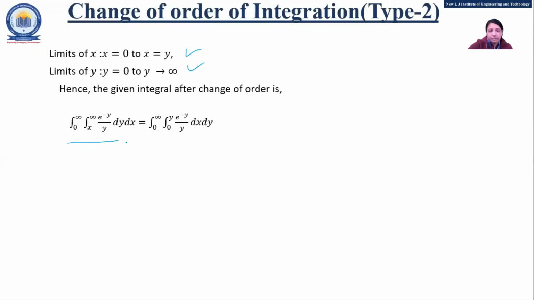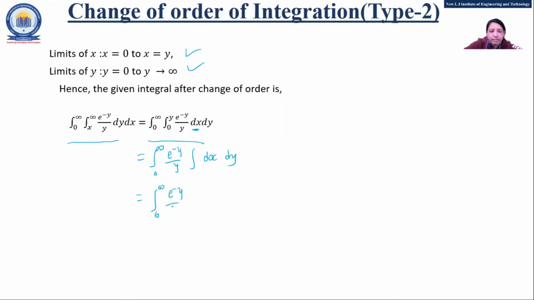This was given; now for us it is 0 to infinity and 0 to y, dx dy. So now you need to evaluate this. You compulsorily need to solve this, right? So first with respect to what? Dx. When you take with respect to x, the other variable y is supposed to be constant. So better I'll write it outside of the first integration, and here you write dx, right? And then dy.